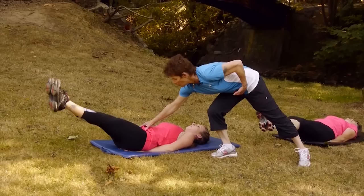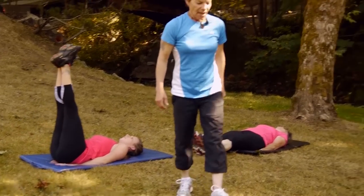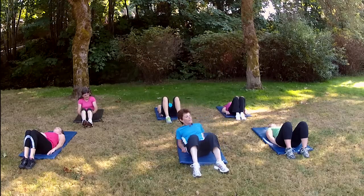And low right there. There to hold. Abs of steel on this one. There we go. Okay, feeling that? Oh, yeah. Okay, so take your little break again because we're going to still be on our backs and sitting